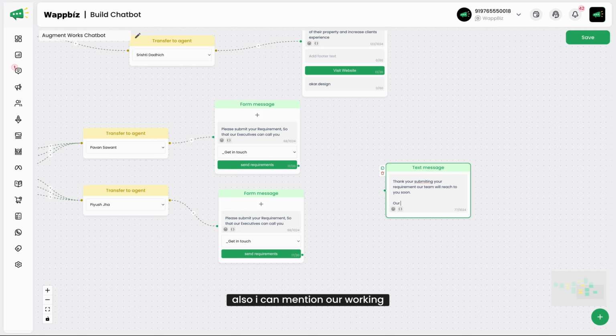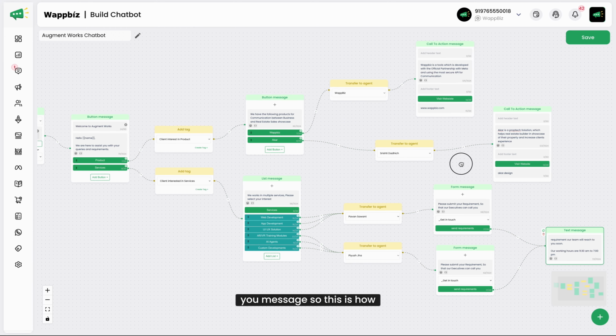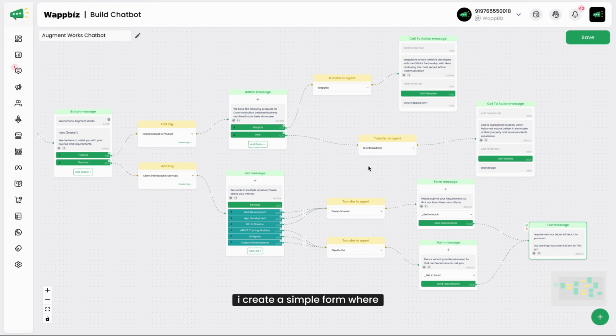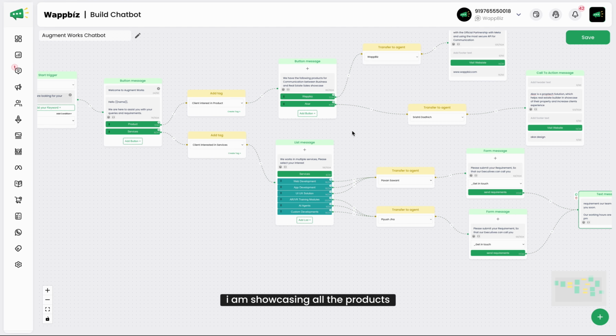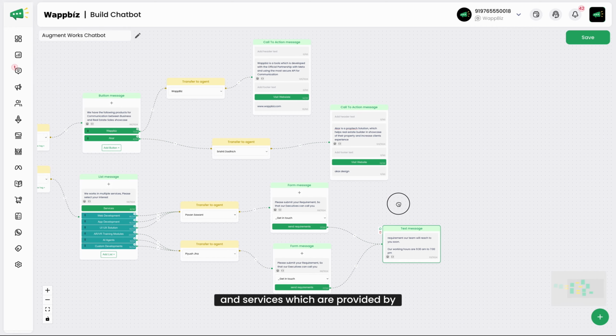Also, I can mention our working hours, so they know at what time they might be receiving the phone calls. And on the submission of this form, I will be sending them a thank you message. So this is how I create a simple flow where I am showcasing all the products and services